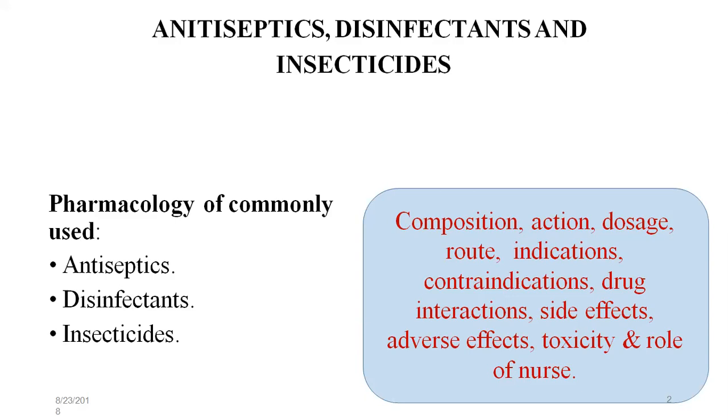Antiseptics. These are agents used to eliminate microorganisms on living tissues. Sterilization is the destruction of all microorganisms, including spores. Germicide is an agent used to kill microorganisms, but not spores. It includes disinfectants and antiseptics. A disinfectant is an agent used to eliminate microorganisms on inanimate objects.